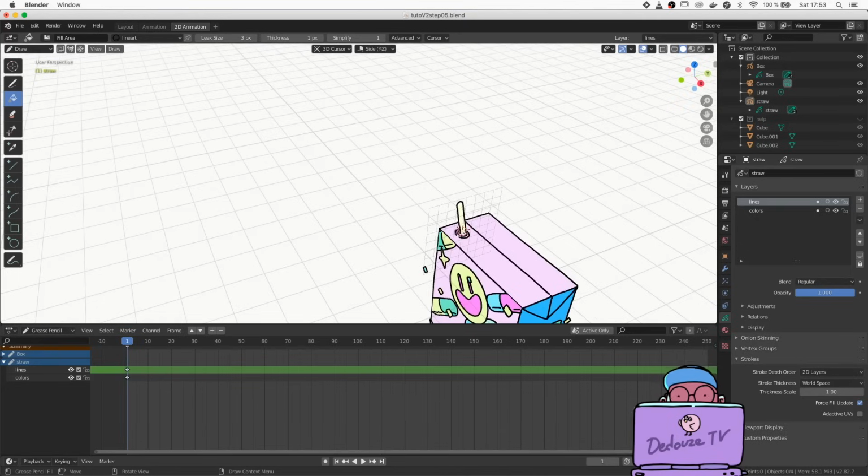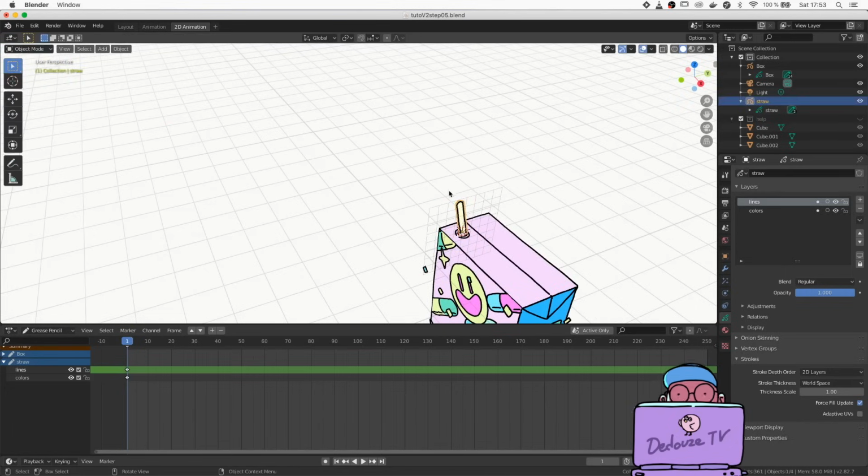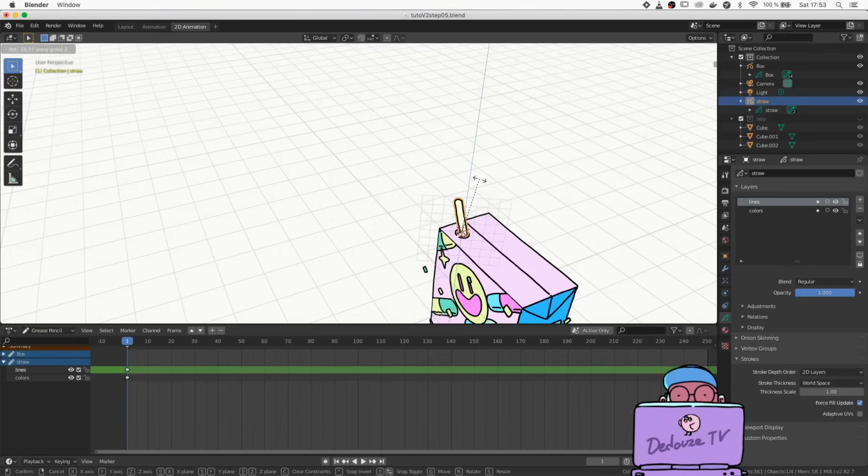We are now going to rotate this straw. As I told you, no more drawings aligned with the orthogonal space now. Switch to object mode and without deselecting the current grease pencil object, press R to rotate it and Z to constrain the rotation to a vertical axis. As you can see, the canvas rotates with the drawing.